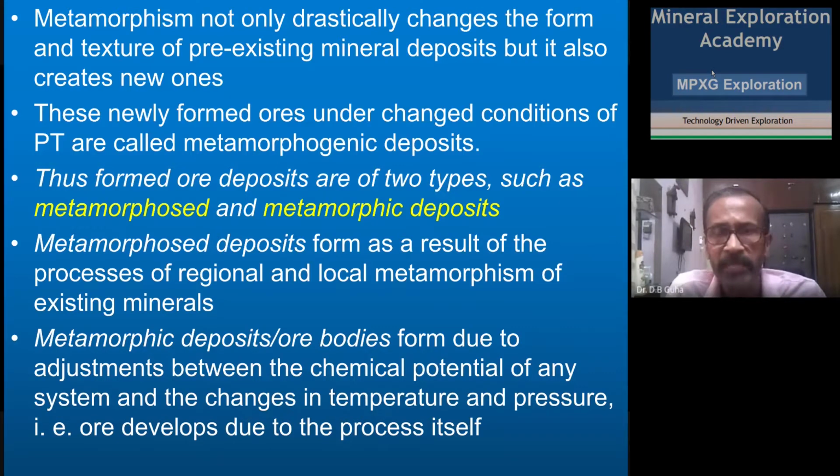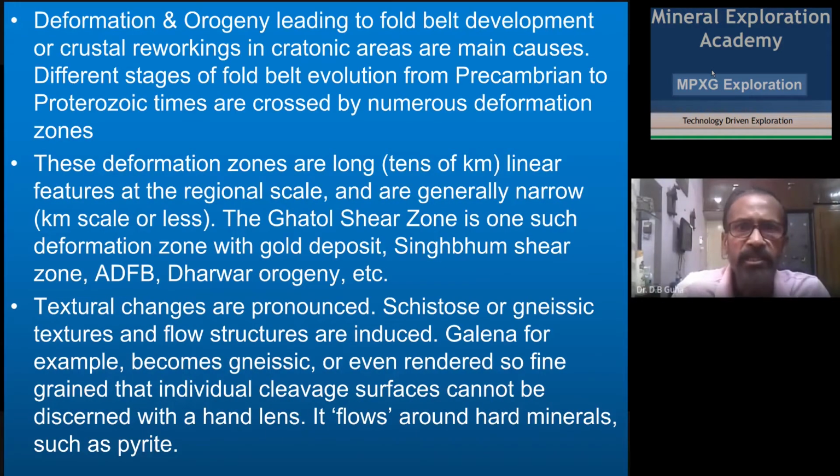That means existing minerals will form metamorphosed deposits, whereas metamorphic deposits will form because of the scavenging of metals due to the activity of water and carbon dioxide during the deformation and orogenic activities. Deformation and orogeny leading to fold belt development or crustal reworkings in cratonic areas are the main causes of this metamorphic deposit formation, and different stages of the fold belt evolution from Precambrian to Proterozoic times are crossed by numerous